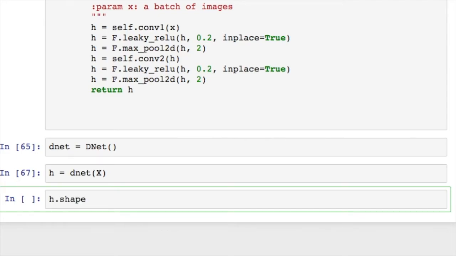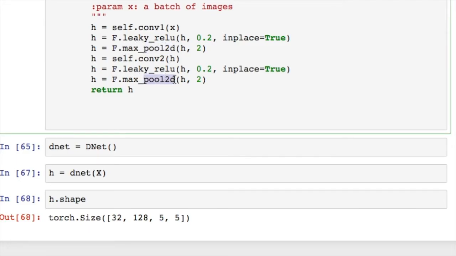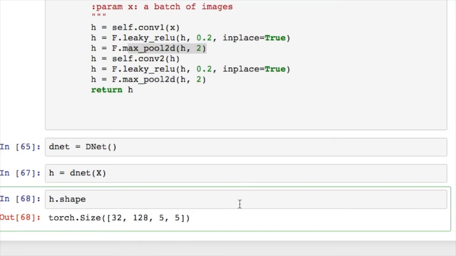Let's have a look at what we have got right now. Say I now type print. That is 32 by 128, which is expected, and now each of the images has been shrunk to 5 by 5. This shrinking is mainly because of the pooling operations here, which select the maximum element per 2 by 2 small area. In this way, each image would be represented by this number of attributes,